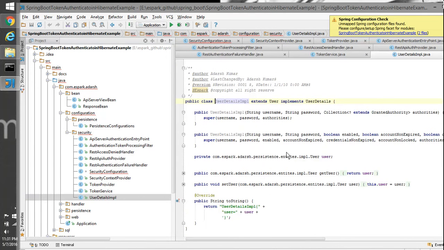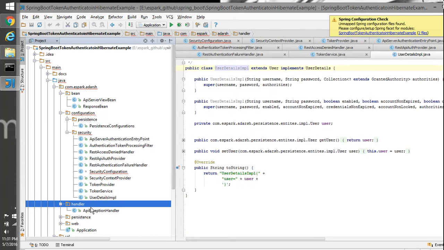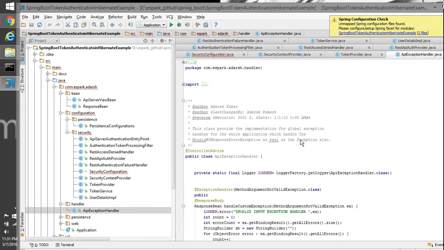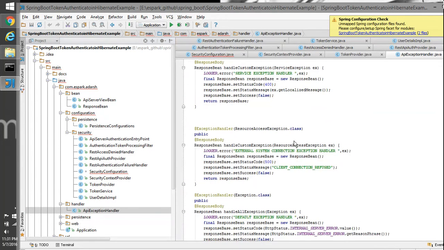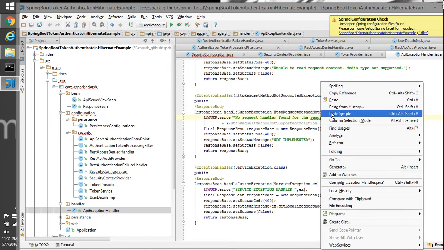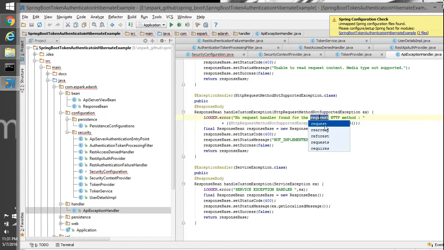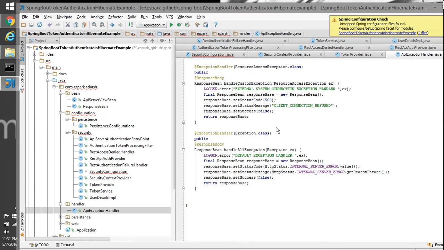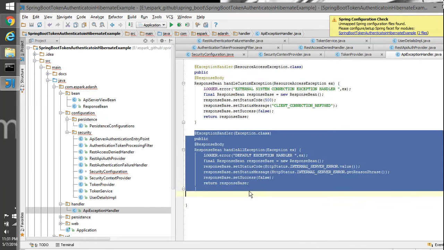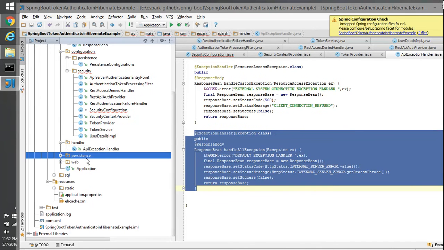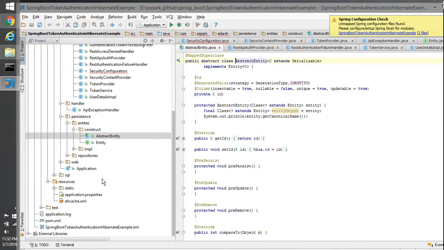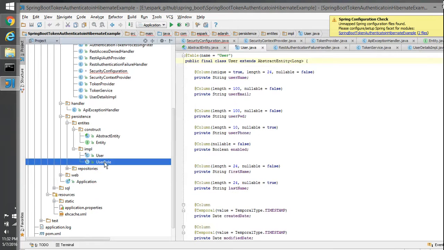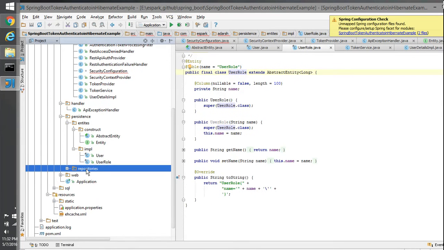We have a user detail impl class. Then we have an exception handler here. It's a centralized exception handler which can execute and respond to us based on the exception. Here we can see that there was a mistake in the spelling, and I have corrected it based on the exception. This is a default exception handler which can execute if anything goes wrong. So, same old stuff, we have entity, abstract entity, and then an implementation of user and user role. All these are Hibernate stuff.